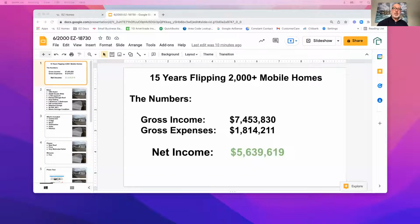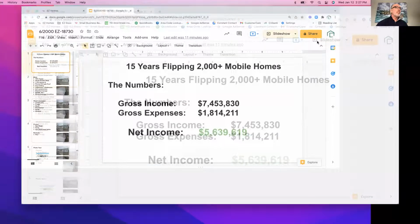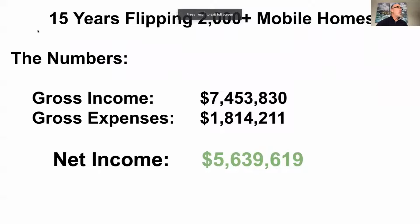So I'm going to flip over to our screen here and go through the highlights of our company's P&L over the last 15 years. I'm going to open this up in presentation style here. Okay, so again, going back 15 years ago, as of January 1st of this year, 2022, we flipped over 2,000